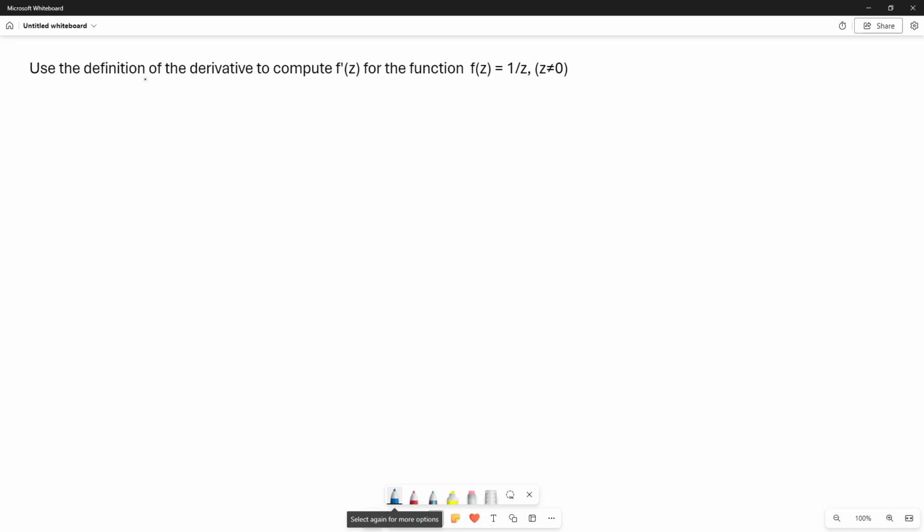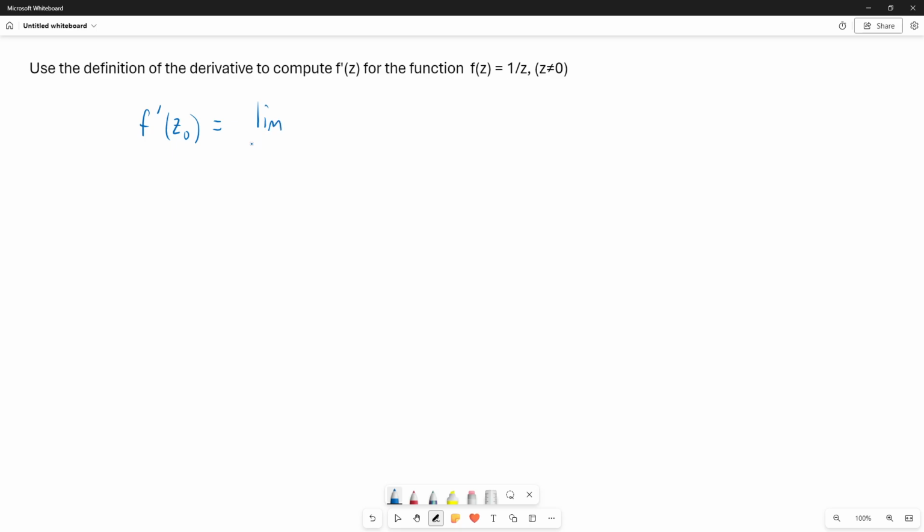We will use the definition of the derivative to compute f prime of z for f of z equals 1 over z, the reciprocal function. And the function is not defined at z equals 0, so our computation will exclude that point. So we're going to find f prime of z0, where z0 is any non-zero complex number, and that would be